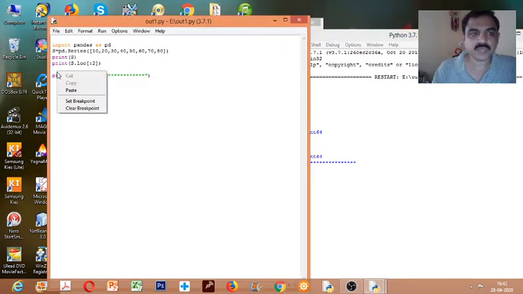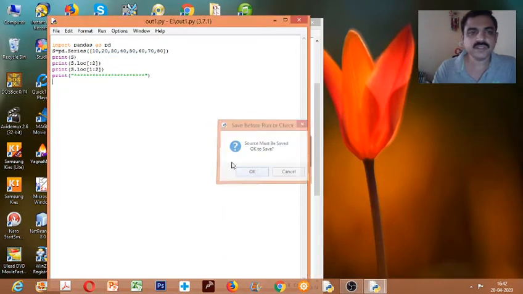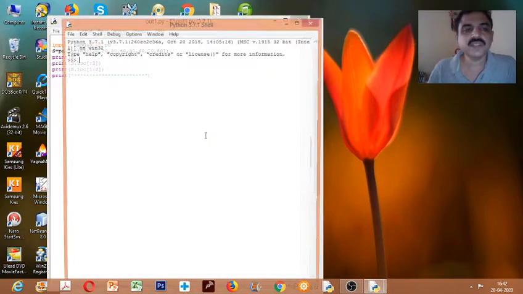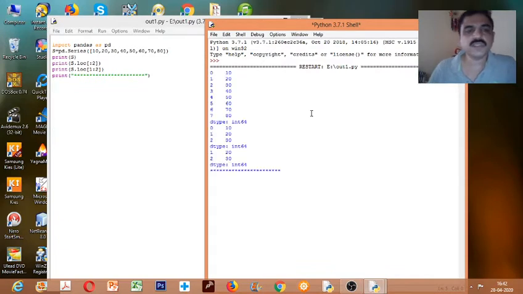So let us add one more line to this and see the output. The loc function is used to extract based on the location, and location is given by its index values. For example, the first example displays the complete series.